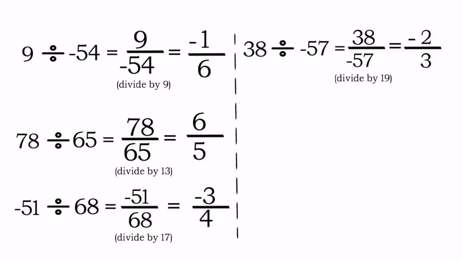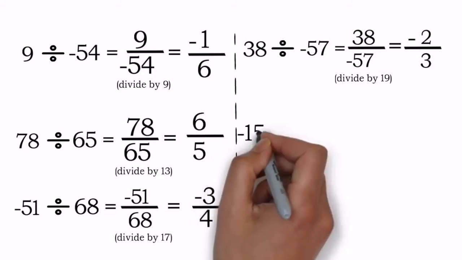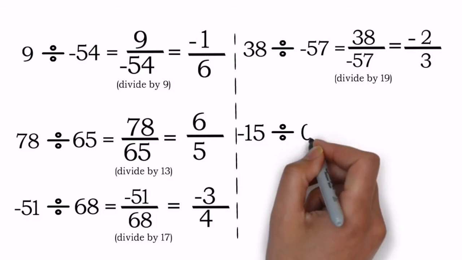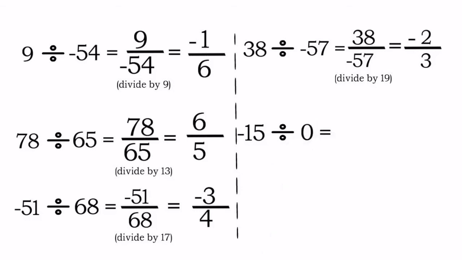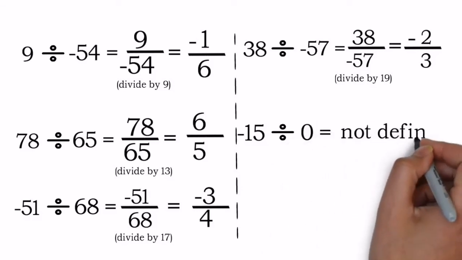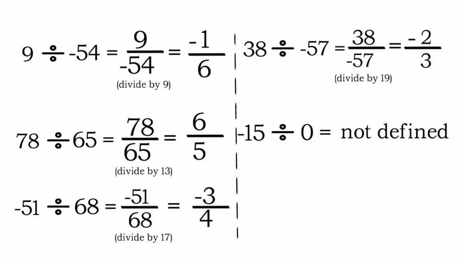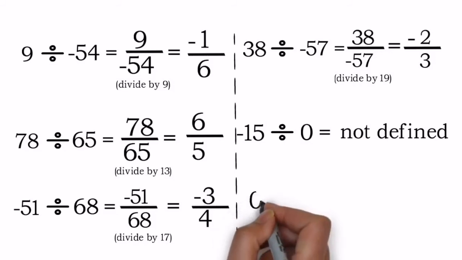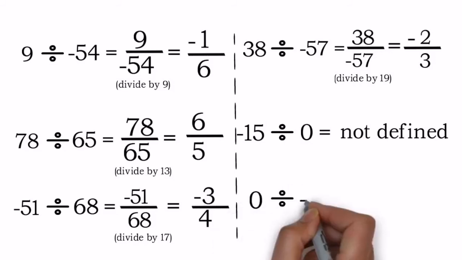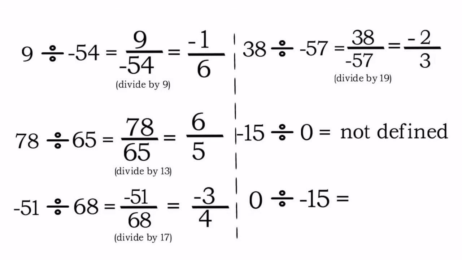Okay, now boys and girls, it is time to do some special sums from your textbook. What do you think, what should be the answer when you divide any number by 0? Any guesses? Why fear when sir is here? The answer should be not defined. We do not write 0 in the denominator, keep it in mind, and so we have to write the answer as not defined. Okay, and what is the answer when you divide 0 by any number? Any guesses? Yes, it has to be 0. When you divide 0 by any number, the answer is always 0, keep it in mind.